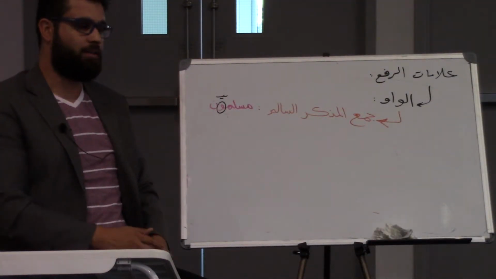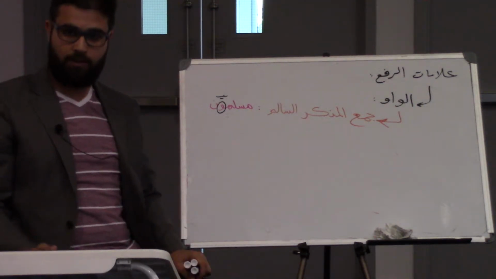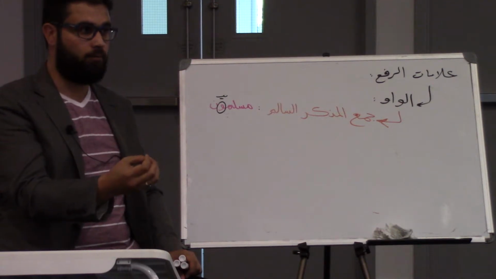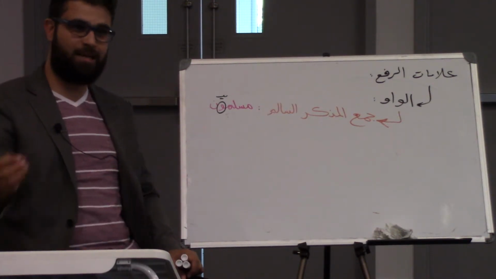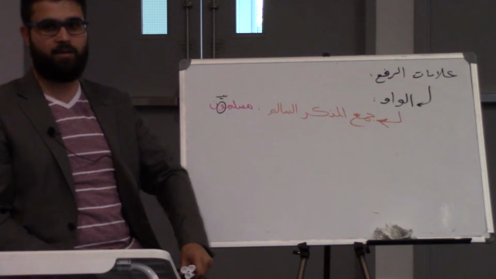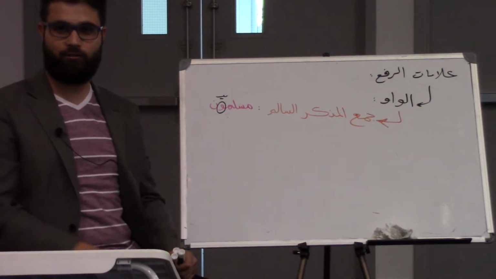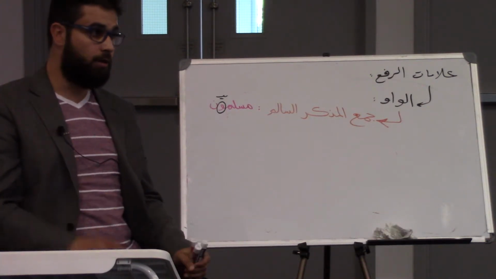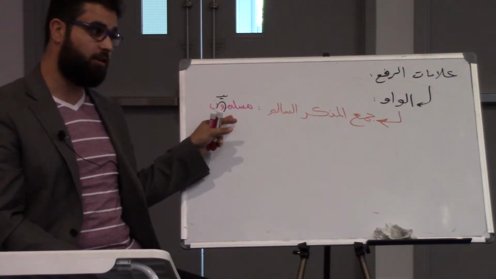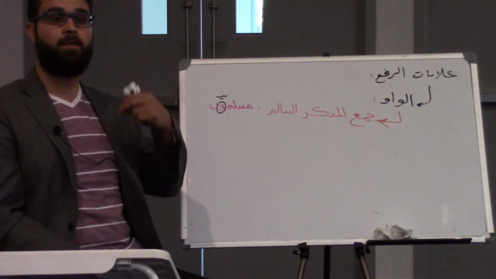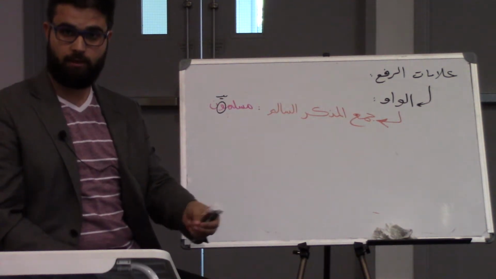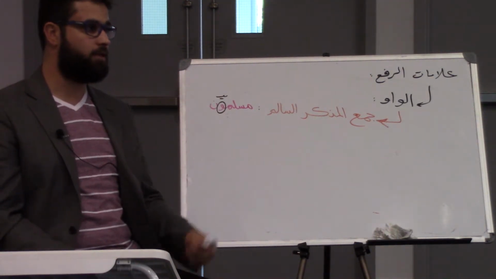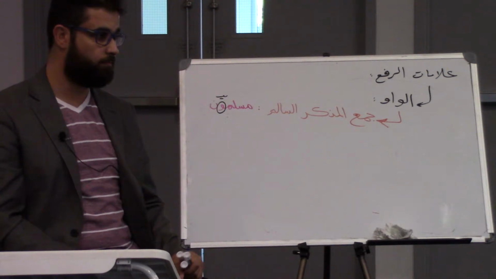Now, do all masculine singular nouns turn into sound masculine plurals? No, not all of them. Many of them don't. Like kitab. Kitab is a singular masculine noun, right? Huwa kitab. So do we say kitabun? No. No Arab has ever said that. And if you say that, you'll sound ridiculous. So never say kitabun. It's kutub. That's how it's turned into plural. But many masculine singular words will turn into sound masculine plurals, like muslimun, mu'minun, qanitun, ta'ibun, abidun, sa'ihun, munafiqun, mushrikun,